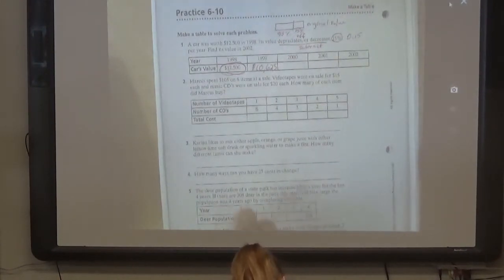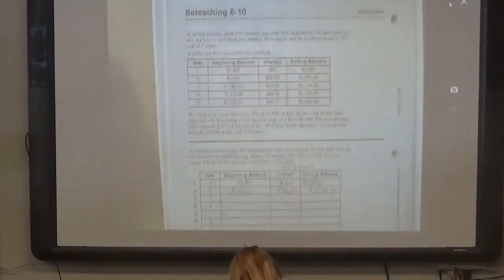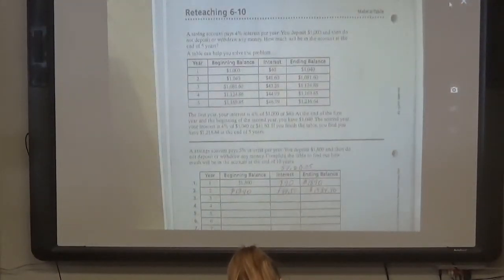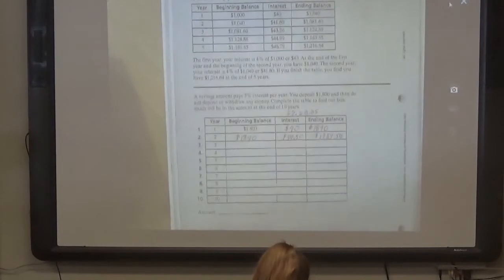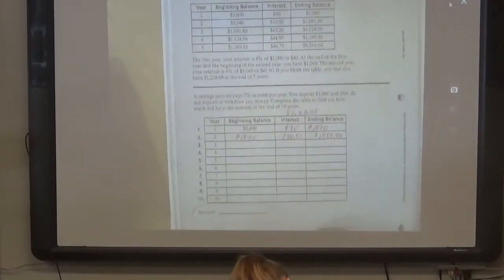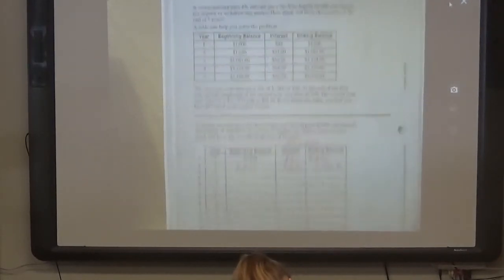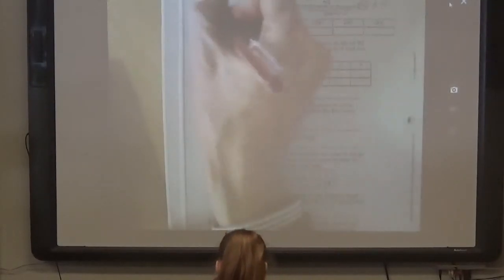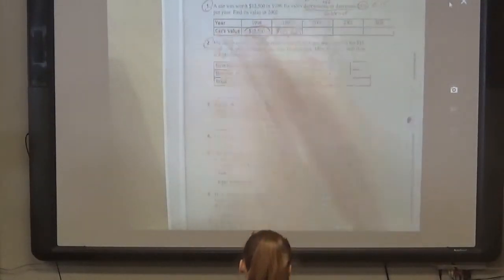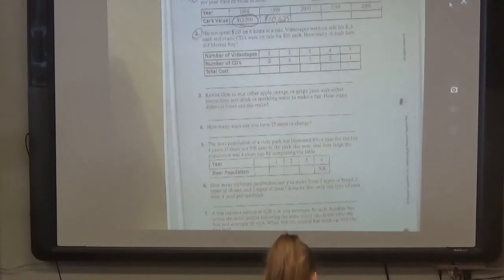So, I want you to do this for tomorrow. Finish this chart, finish the table on the first side to get the ending balance. And then finish number 1 and do number 2 on the other side. Just those two? Yep, just those two. Okay? Number 1 and number